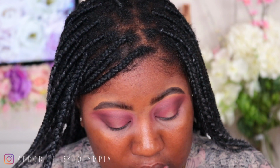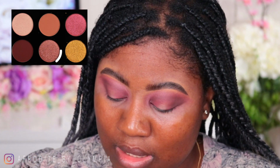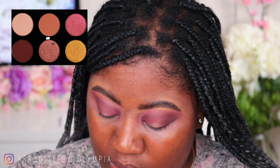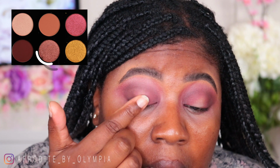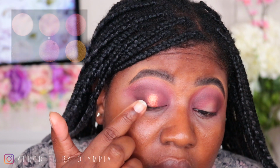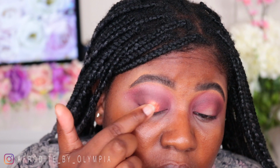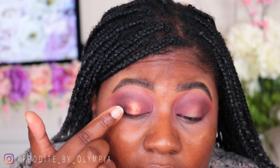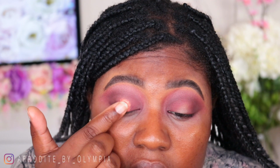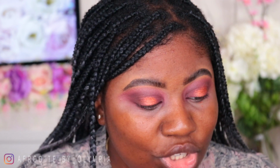But we're gonna layer it up, don't worry. It's scandalous. We're gonna put that on the inner, which is that really coppery. I'm gonna go with my finger first so I can get maximum payoff. Isn't she delicious? Oh my god,